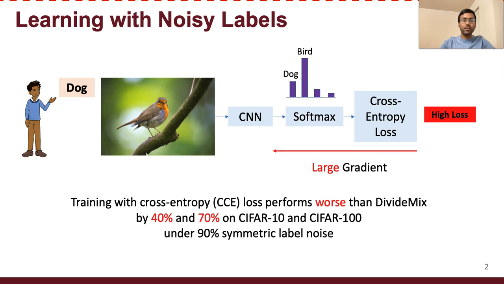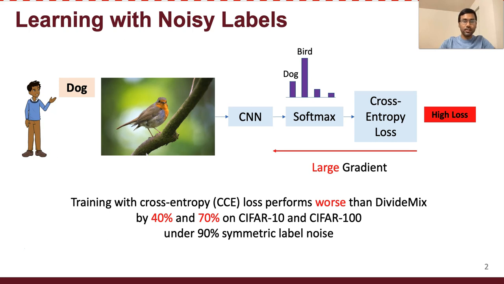So for a reference point, if we optimize cross entropy loss on CIFAR-10 datasets under 90% symmetric label noise, cross entropy loss performs worse than DivideMix by 40% and 70%. DivideMix is one of the state-of-the-art models. Actually, there have been many other recent methods, but they will be in a similar ballpark. So what I want to emphasize is that large gradient part, which is actually challenging to tackle. I'll come to that part later, but let me start with a